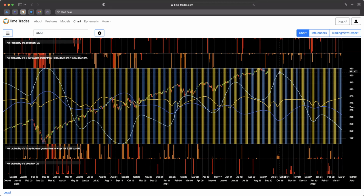The light blue level is a very powerful level, and you can see back in time how effective it's been, especially at the extremes here, right? Certainly the COVID low nailed that to the day. At this extreme here in September of 2020, it nailed that low. And between those extremes, it's been steadily going higher and higher. And now we're at another level here in the light blue short-term wave where it starts to indicate a more lasting pivot. So that's at the end of October. That's the roadmap that I'm looking at right now,